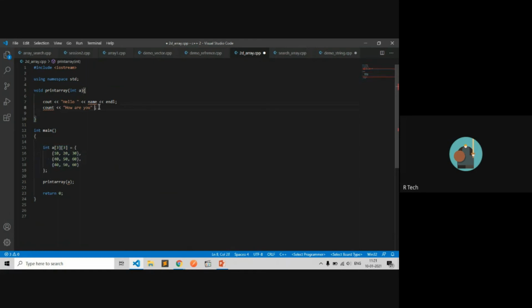But to understand the functionality, let's have a simple example. Pass a string, string name. String name is equal to Romik, or we directly pass this.